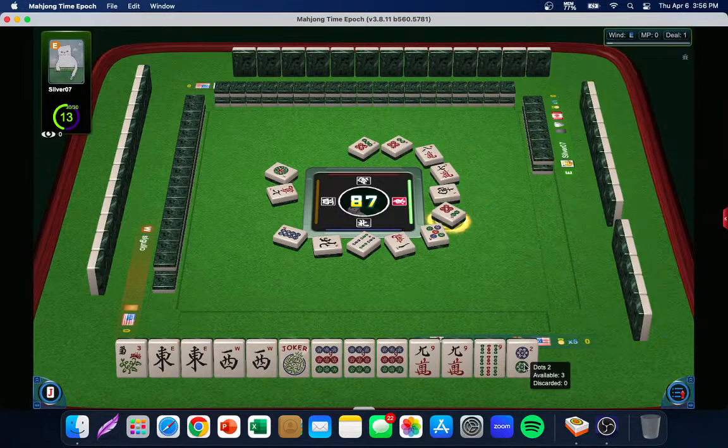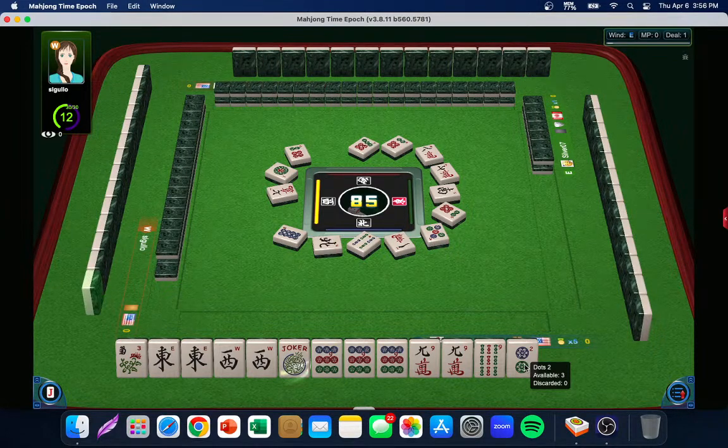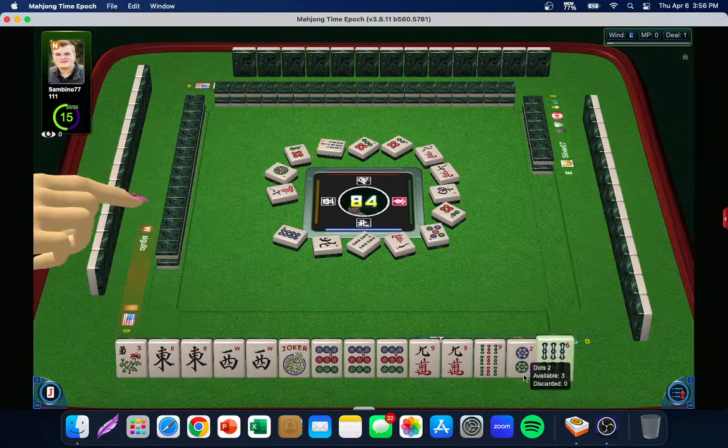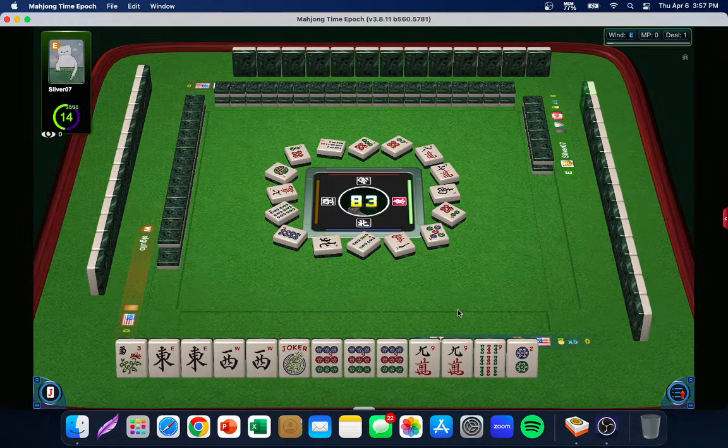Passing 3s, obviously, if you don't have any year potential, is a good thing. But 3 is going to be a big part in every hand this year. So I feel like that would be a good joker bait tile. So I would definitely advise not passing 3s this year and see how that works for you. I know last year it was like the 2 and everyone was like forbidden from passing 2s, but 2s don't work as well as an odd number because 3 is everywhere on the card. So